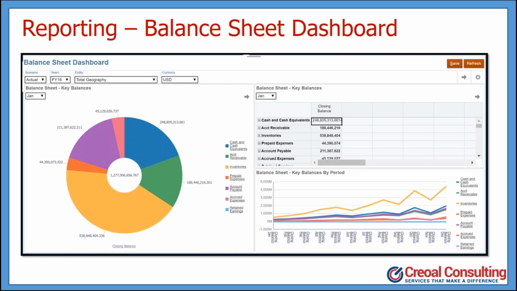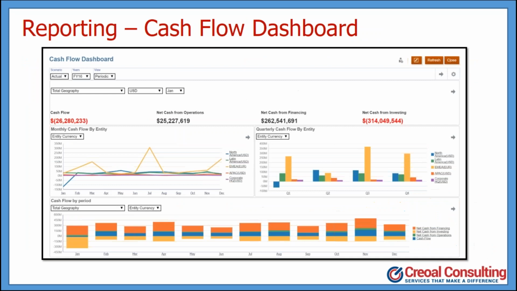So again, looking at some of these key metrics, we have the ability to not only look at it from an aggregate point of view, but also create different slices of the data, so that if you want to look at your actuals or your budget, you have the ability to do that. Look at it over multiple years for different types of entities. And then obviously for a multinational organization, you can look at it in different currencies. Again, the goal here is to deliver as much relevant information as possible, so that you can make those business decisions.